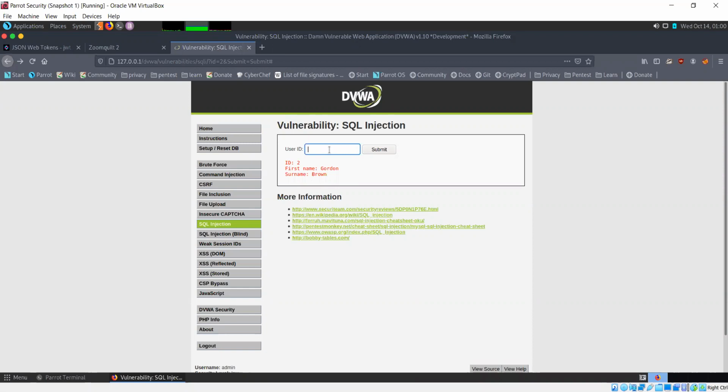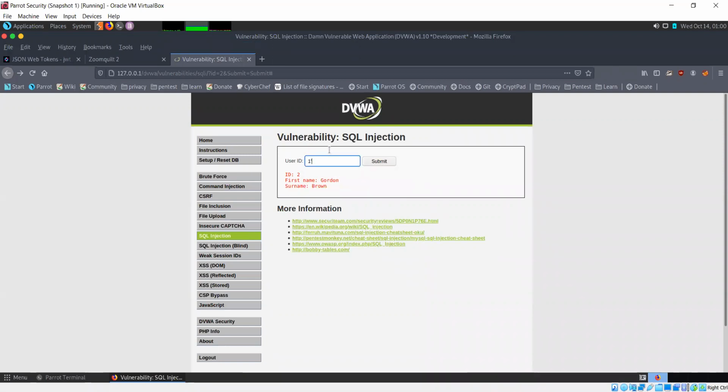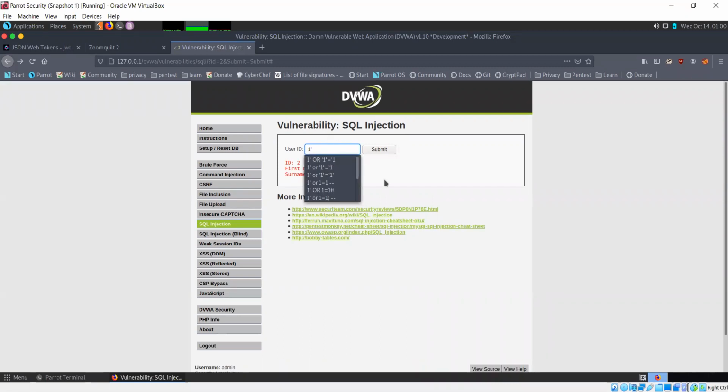So if I give ID 1 and I add or 1 is equal to 1. Now understand why this is happening.